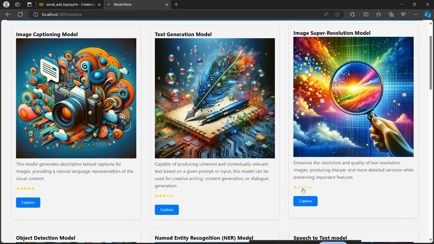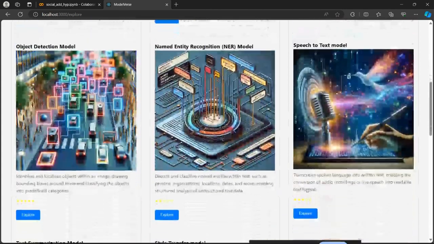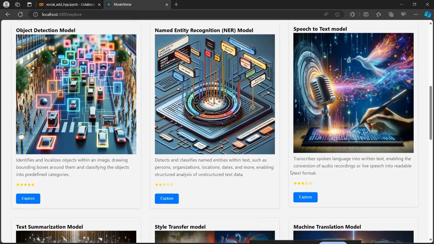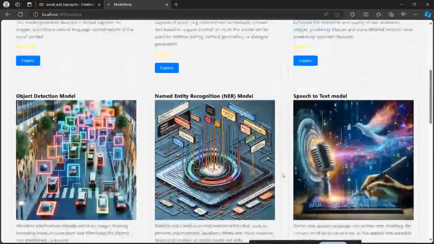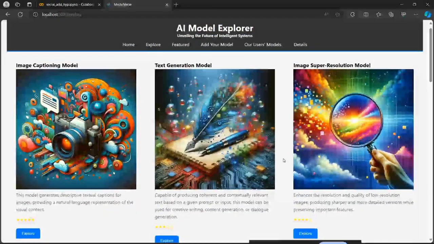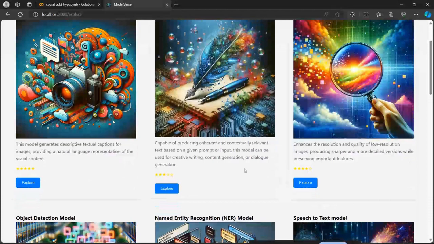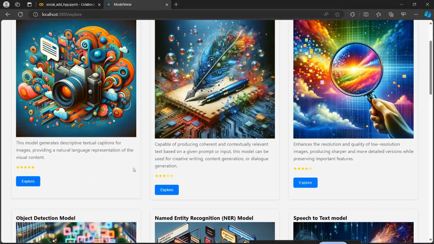So yeah, here let's say I like this model, but I feel it is okay, but not the best. So let's say 4 stars. Okay. So here previously it had 3 stars. So from my side, if I want to give only 2 stars, or only 1 star, I can reduce that also. Okay, so that is rating. Yeah, and you can see these cards, when we hover over them, they move up a little bit. Like here, you can see